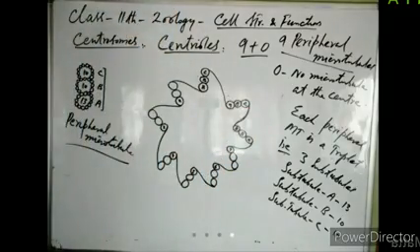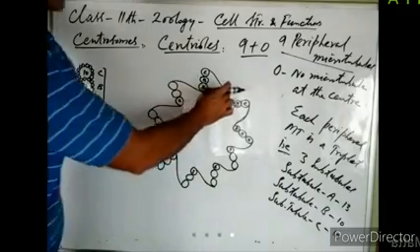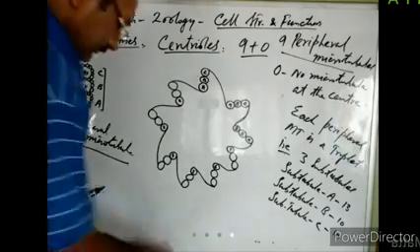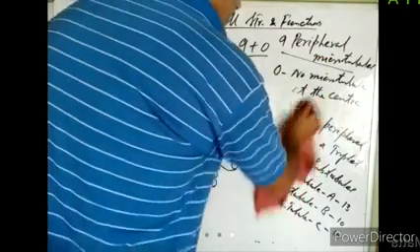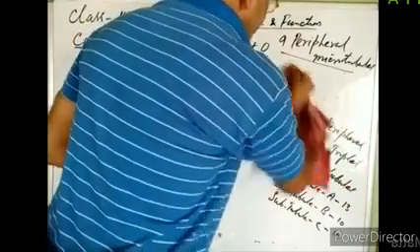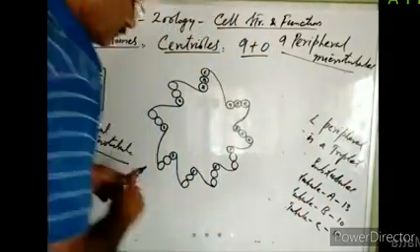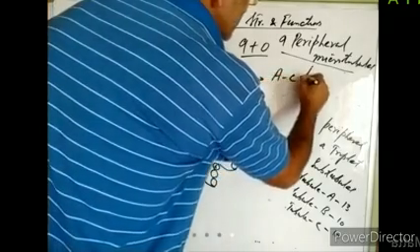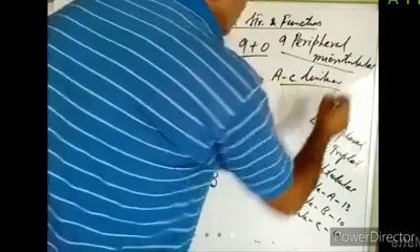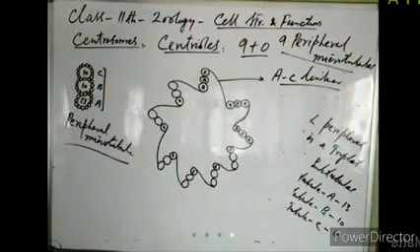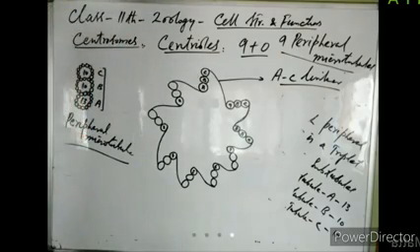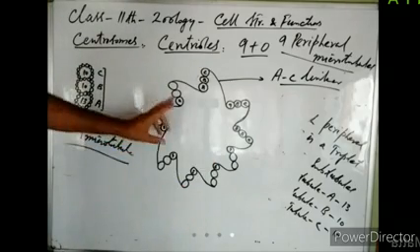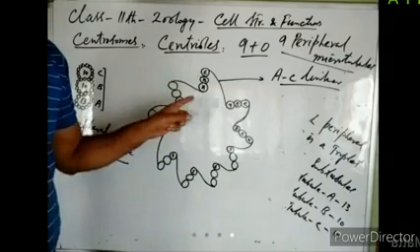Right? So this link which joins subtubule A with subtubule C is known as AC linker. We call this link the AC linker. It joins subtubule A with subtubule C, right? So in this way, all peripheral microtubules are joined to each other by AC linker.